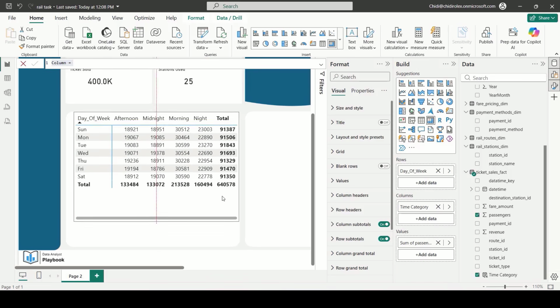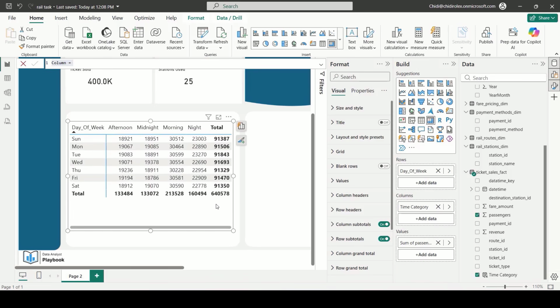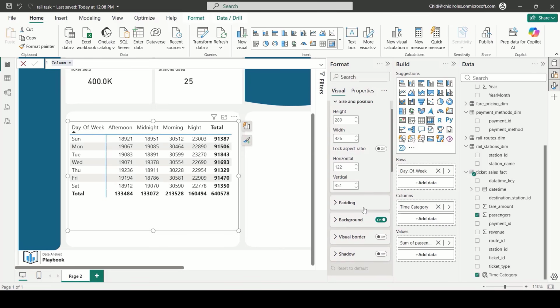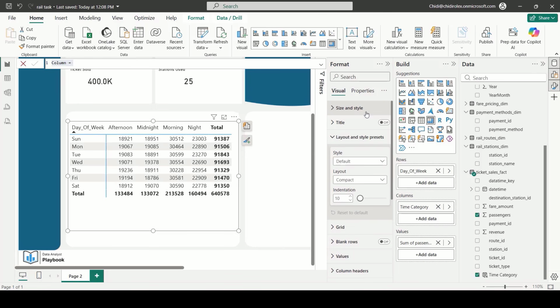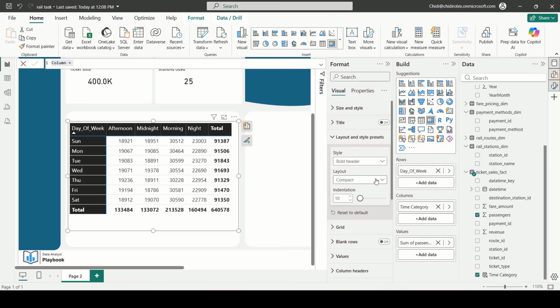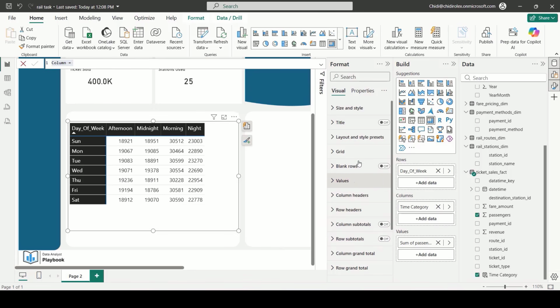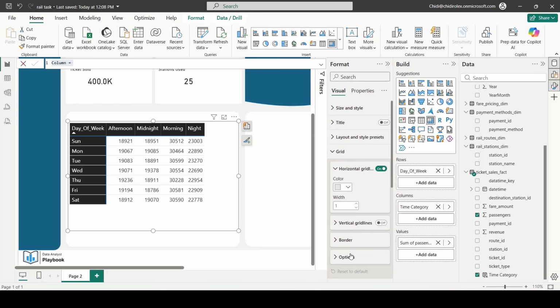What we are creating is a simple analysis, so we wouldn't do too much arrangement, so that everyone can benefit from it because of time as well. We should be done in, let's say, 30 minutes or less. So I'm going to use this bold header. I'm going to change it to tabular. Now I don't need these totals for now, so I'm taking off the row and column totals. Then I will increase my grid lines,